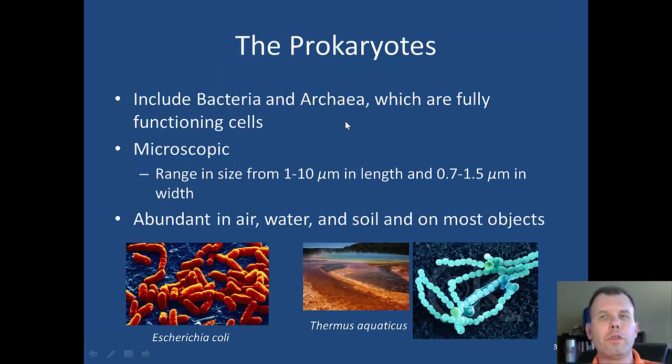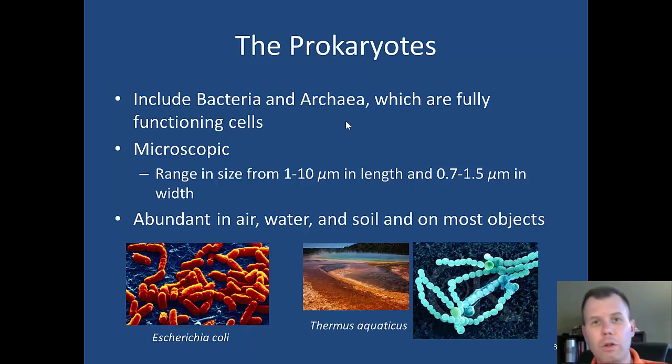The prokaryotes include the bacteria, the cyanobacteria, and the archaea, which are fully functioning cells. We had the video on viruses, and hopefully you've seen that already. Remember that what distinguishes a virus from a bacteria is that a virus is only protein and DNA or RNA, whereas in a bacterial cell, you have the membrane, the DNA, the cytoplasm, and the ribosomes. And the biggest thing is the metabolism that the bacteria have, and being able to grow and reproduce on their own. They don't need any help from other cells to do those things.